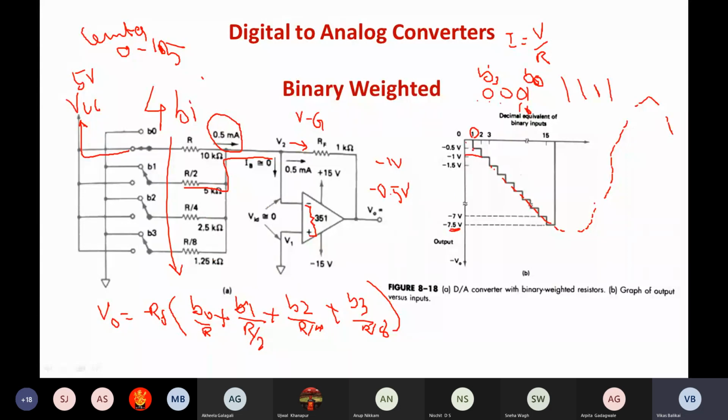And now the closer these points are, the better. In the sense, if I have, so this is a 4-bit conversion. So if I have 8-bit conversion, then the values here will be 0 to 31. So in that scenario, these points will be very closely spaced. So when I join, when I quantize, this joining will be easier and I can generate the proper value of analog value. So the more the number of bits, the more precise will be the conversion. But if I want to use more number of bits, then precise resistors also should be available. So that is a major drawback.